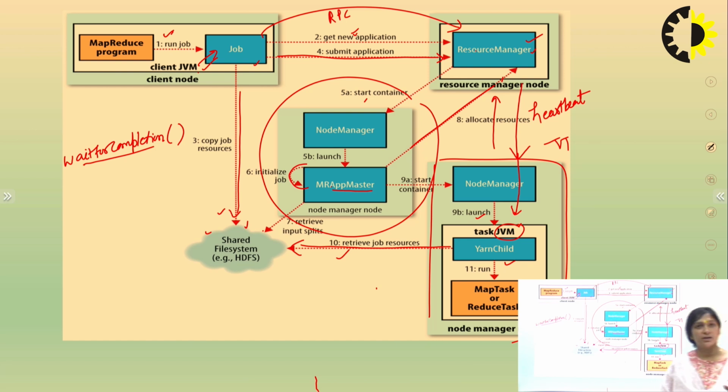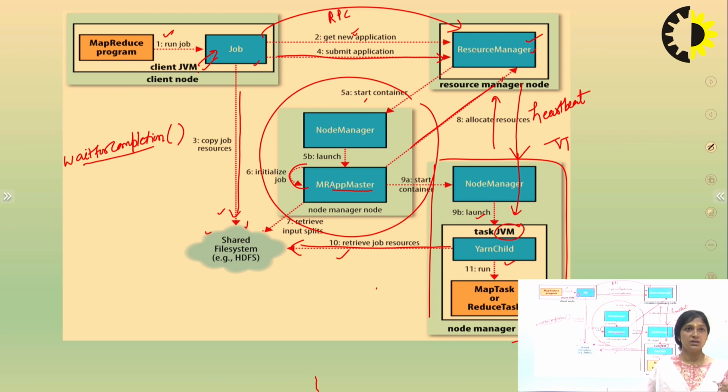The task tracker usually sends the response to the resource manager every 3 seconds for the status of the task. Means the resource manager and node manager, or task tracker we can say, communicate in the form of a heartbeat.